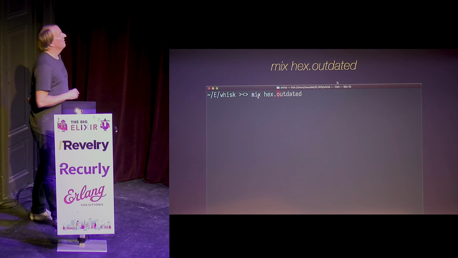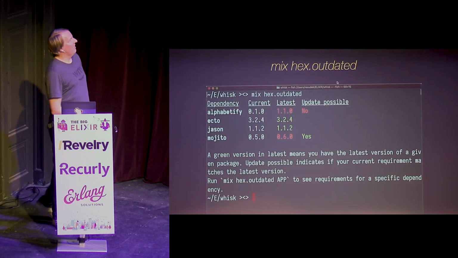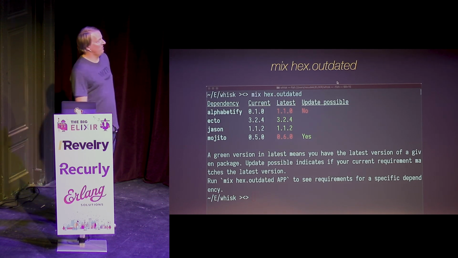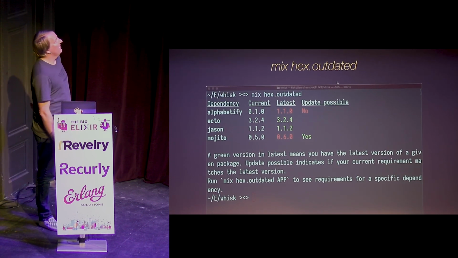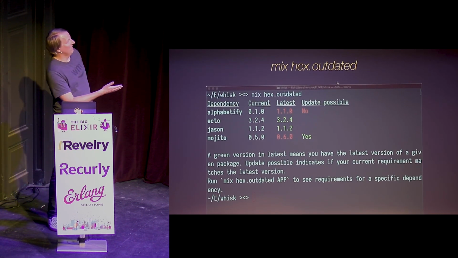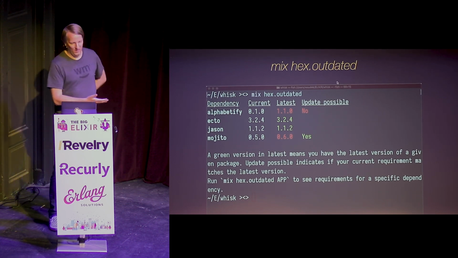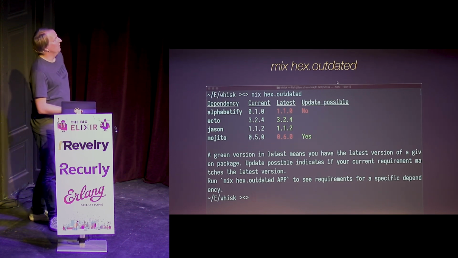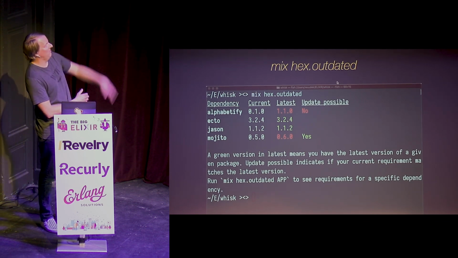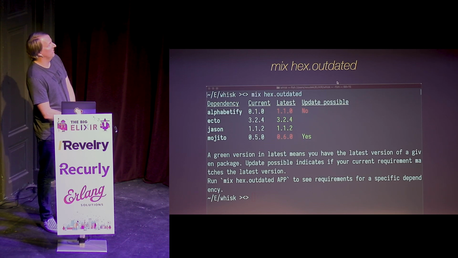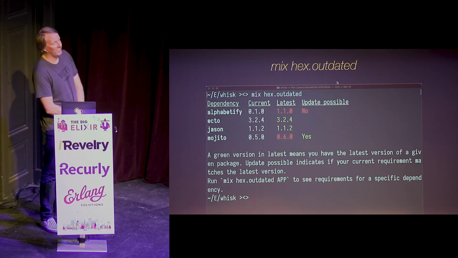So this is going to give you a list of all your top level dependencies. If you do --all, it'll look at all your dependencies in your dependency tree, tell you what version you're on, what the latest version that was published is, and if there's an update possible for you. So in this case, like Alphabetify, I'm on a minor and I have it pinned to stay to that minor, so it's telling me, no, you can't update this. Whereas Mojito, I have it pinned to a major, so it's saying, yes, you can.